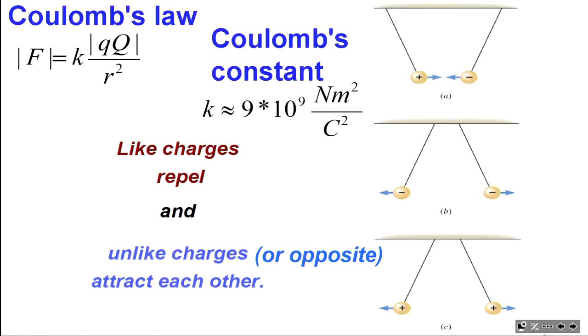Now, first of all, this rod has no charge. This does have a charge, and we can see attraction. Okay, little charge. What do we see if they both have a charge? Now we can see repulsion. So these type of experiments show us that